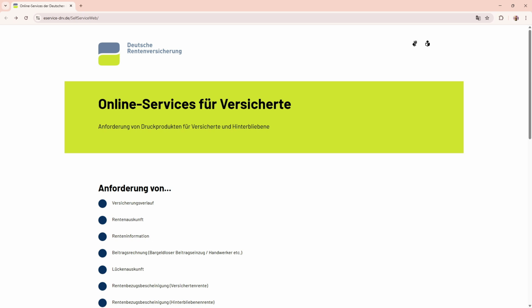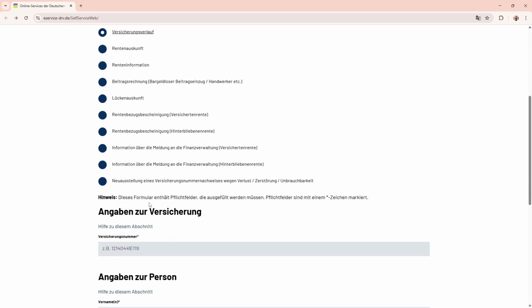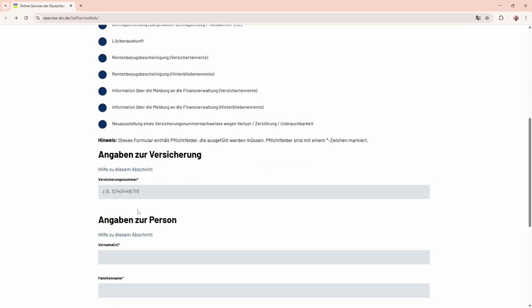How to request it online? Go to the official website of the Deutsche Rentenversicherung. Link is in the description below. Select Versicherungsverlauf anfordern here and then fill out the form with your details, your pension insurance number, which is your